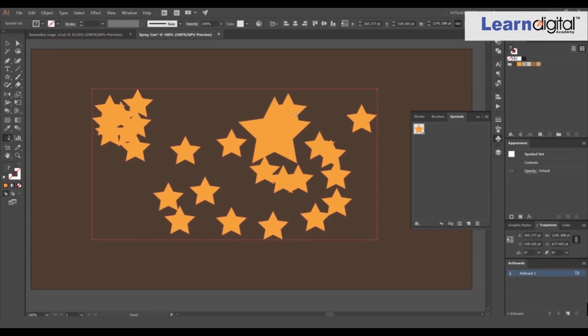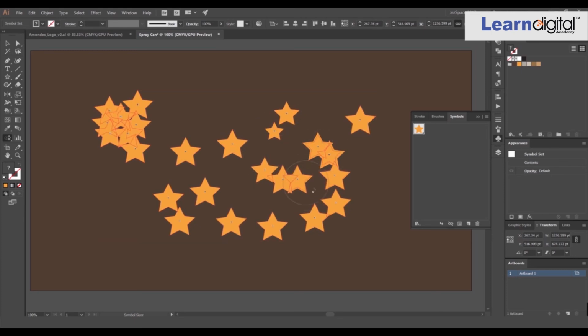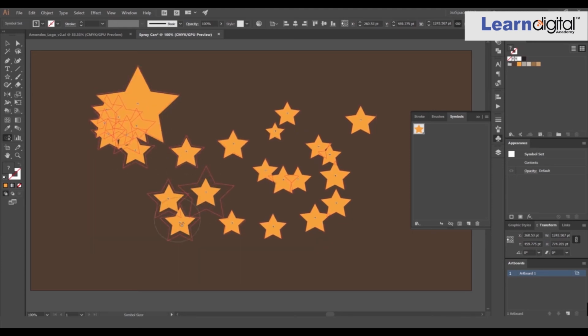Then the symbol styler tool. If you want to add some style for the symbols, you can use that also. There are a lot more options you can play with symbols. So just add a symbol, explore the tools,